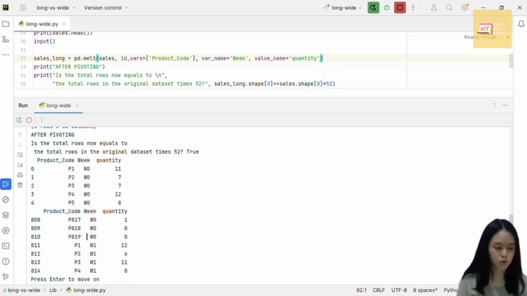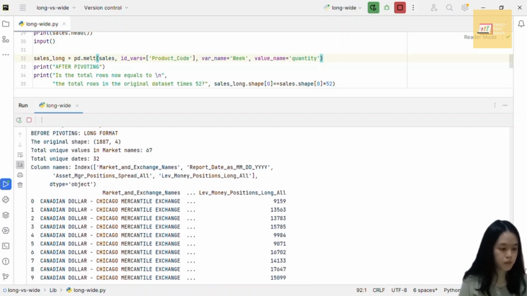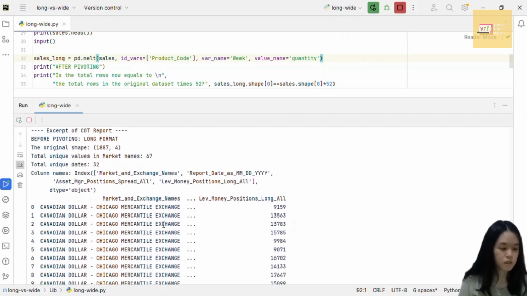You can just sort it again using product code. Okay, now the next example is the long format, the COT report. So the original shape is like this. This is not a complete COT report. Okay, so in this particular example, we have